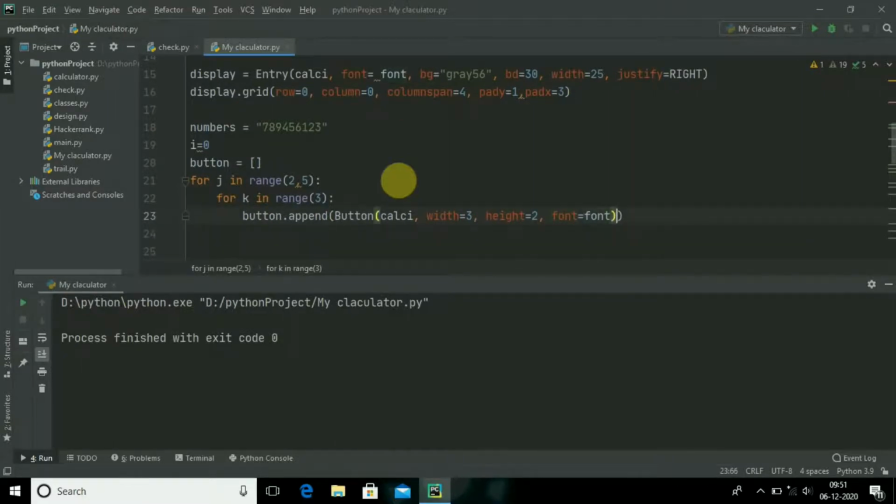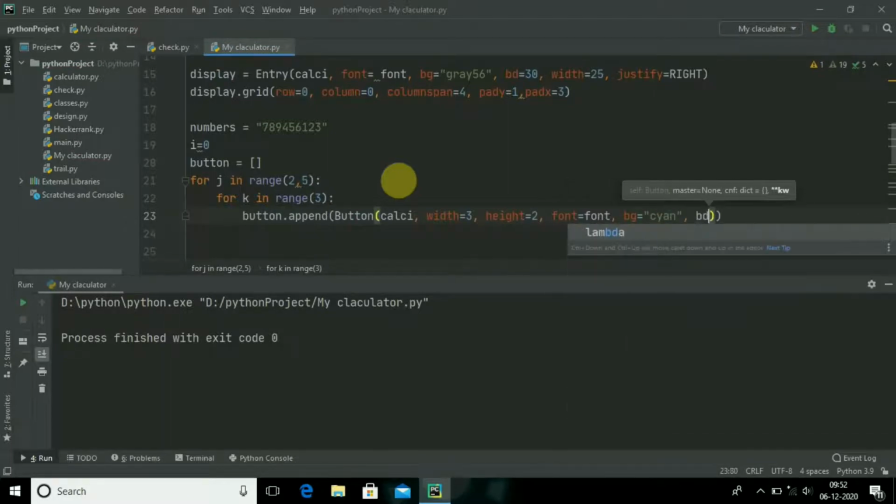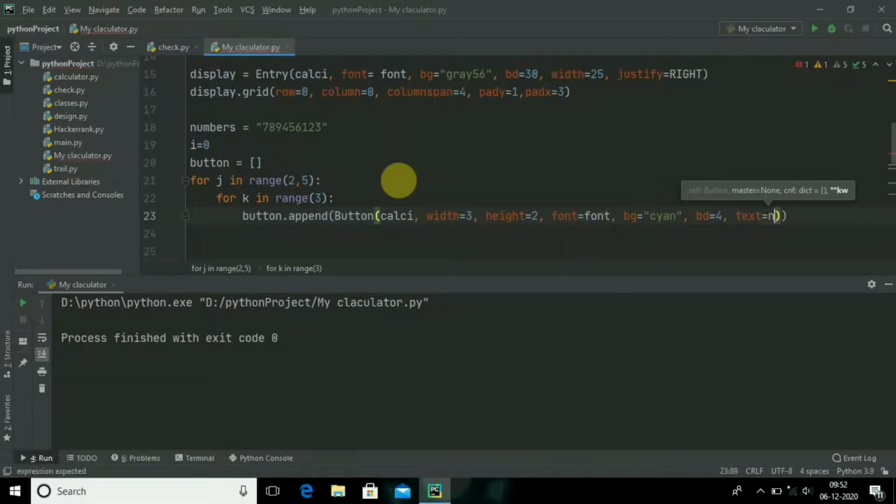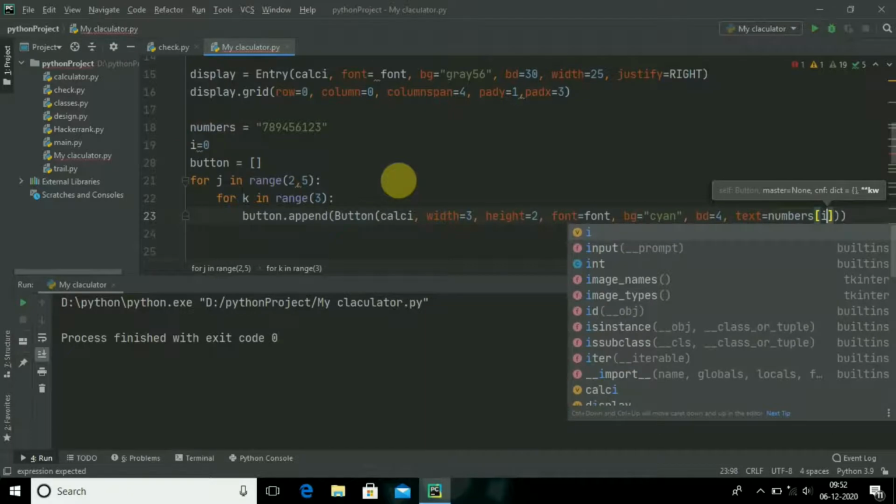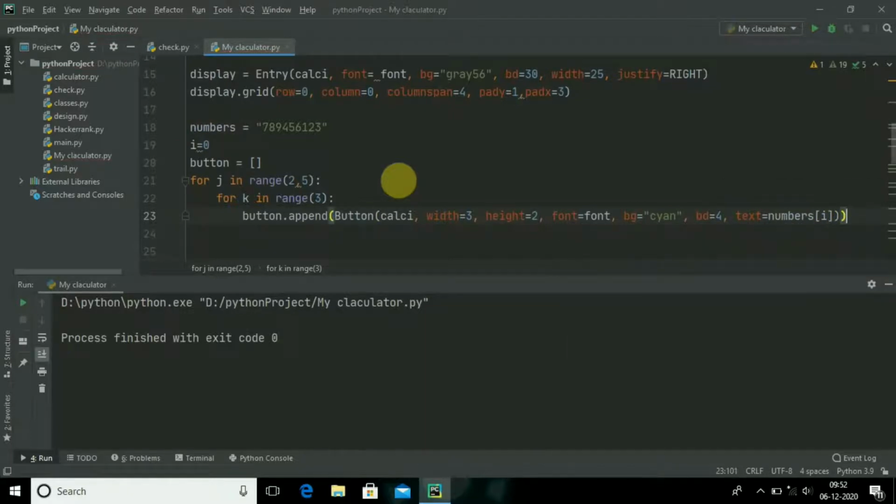Then the next step is background color. I will be using the background color. So again, you can check a background color. I will be giving the list in the description. You can check out from there what are the background colors you can find in them. And the next is text equal to number. Hi guys, this will create a button loop.